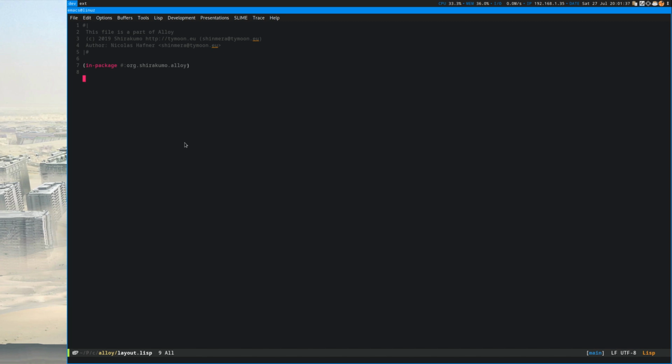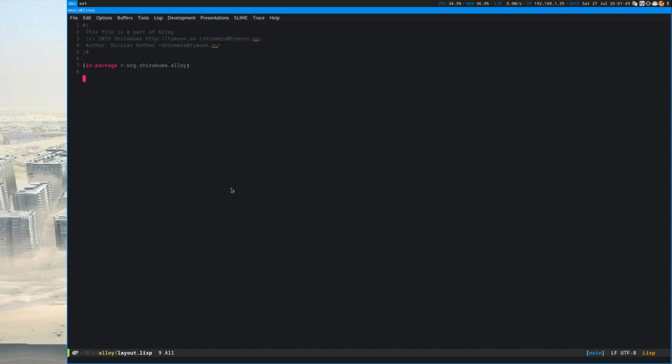I'm talking about a new user interface toolkit, or specifically a new user interface protocol and a toolkit implementation of that protocol. The project is named Alloy, and yesterday I spent the time implementing the first part of its